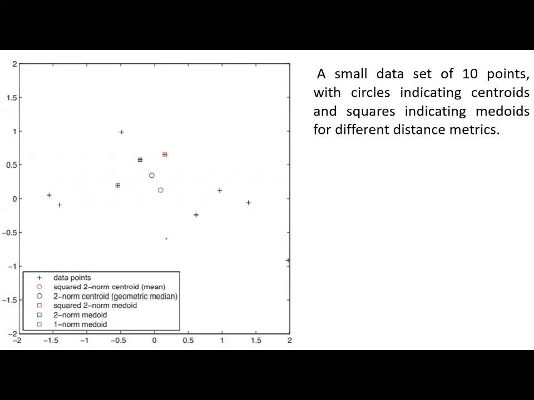Among these 10 data points, the squared 2-norm centroid (mean) shows the mean of these points. This is the centroid, my dear friends, and the neighbors